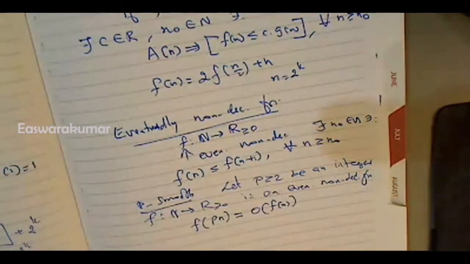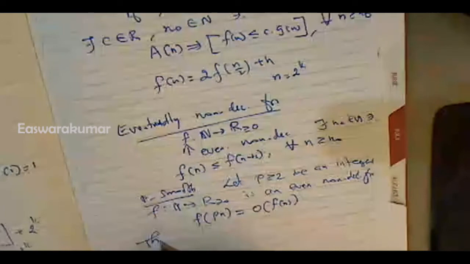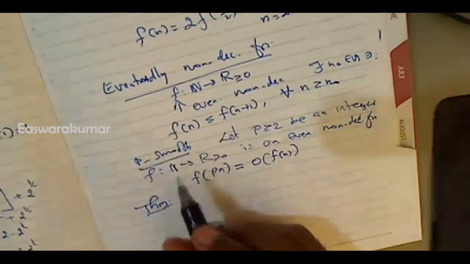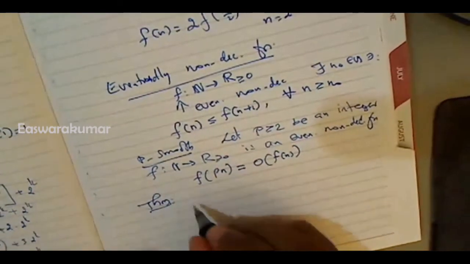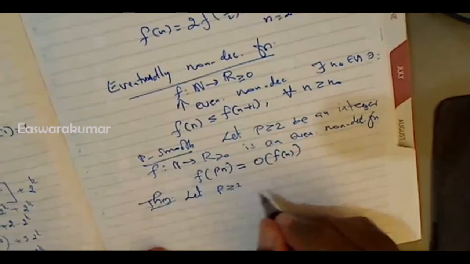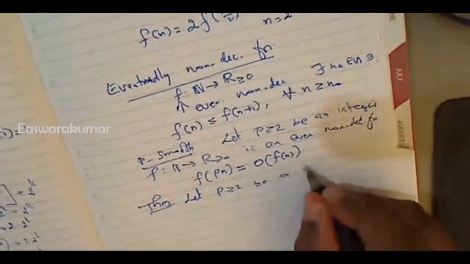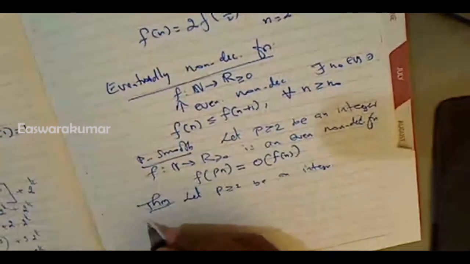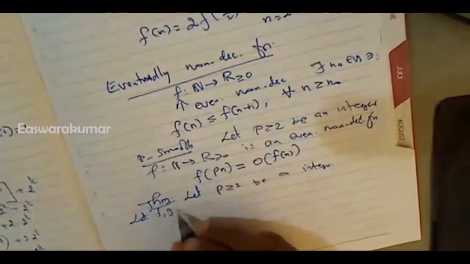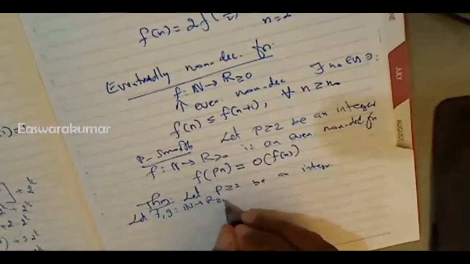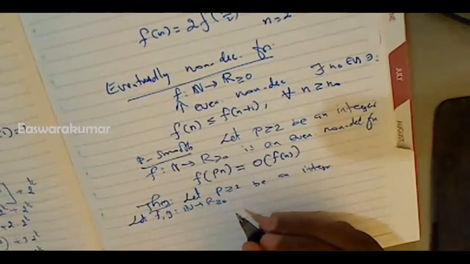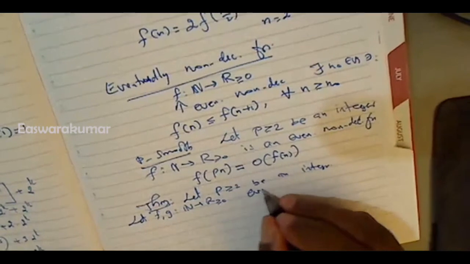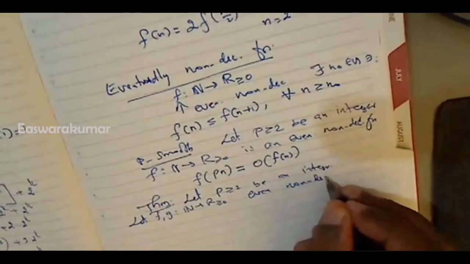Based on these two definitions, there is a theorem, but anyway, we are not going to see the proof of the theorem, only the statement is sufficient. So what the theorem says is, let p greater than or equal to 2 be an integer. Then two functions, f and g, both from the set of natural numbers to the non-negative real numbers. Both these functions are eventually non-decreasing, and